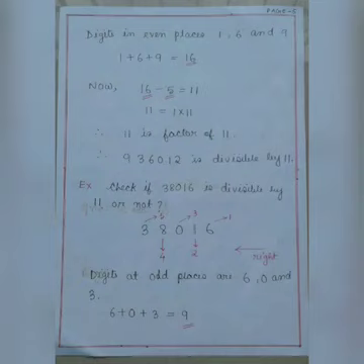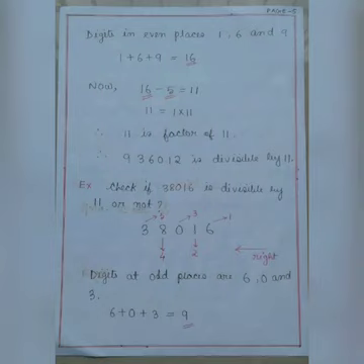So 6 is the first digit from right side, so I have written 1 on top of 6. I have written 2, the second position, for 1. For 0 I have written position 3. For 8 I have written 4. For 3 I have written 5. So digits at odd places are 6, 0 and 3. I have written from the right side.